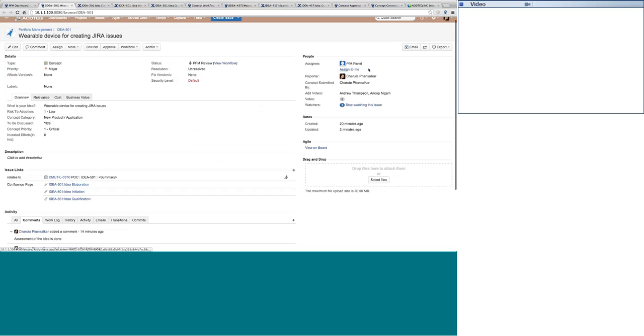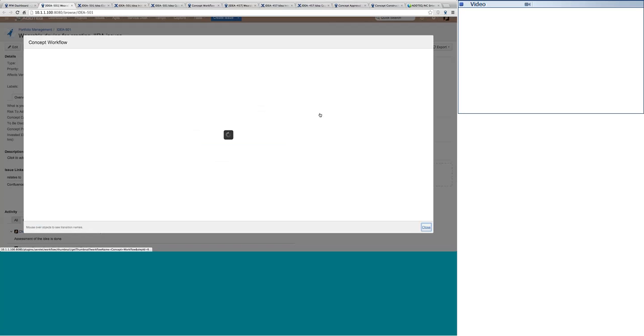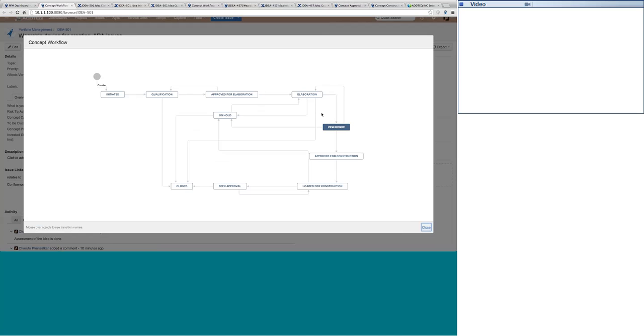Now let me tell you that here you can have a single assignment, because based on your organization structure, it is possible that you are keeping only one person accountable to look after the concept in the PSM review stages, or maybe you have a panel of people who come together for a ceremony of having the review of a set of ideas that are elaborated and waiting for it. So it's going to be a big thing.